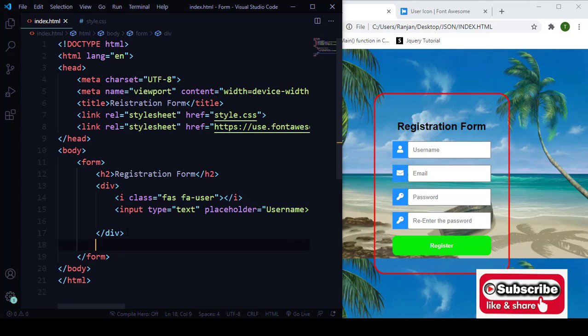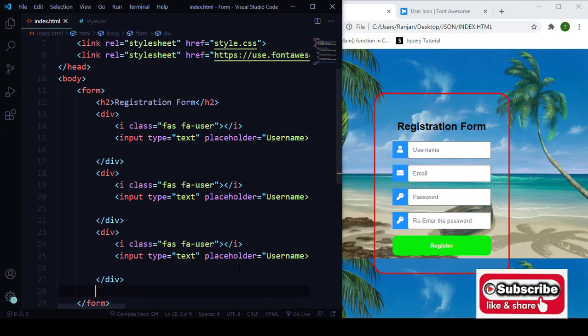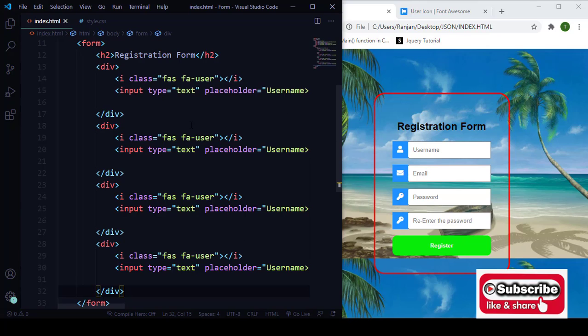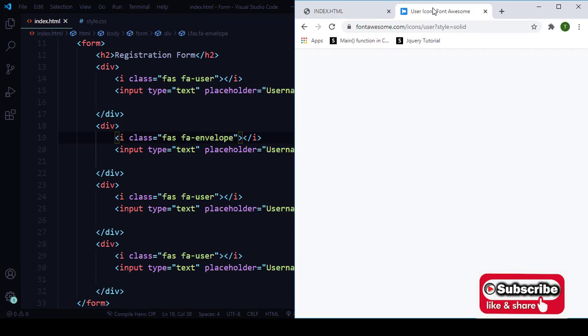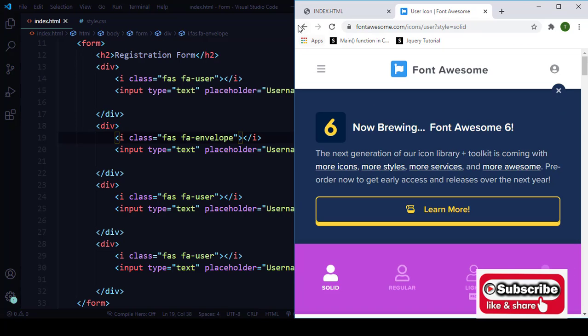So I'm just going to copy these things and then paste them again here. 1, 2, 3, 4. So let me paste them 4 times. The first one is a user. So what is the second one? This one is a type of envelope, isn't it? So instead of user, you just change this one to envelope, so that we are going to get the envelope. Or you can just go to the Font Awesome website, type in the search box, in the icons,